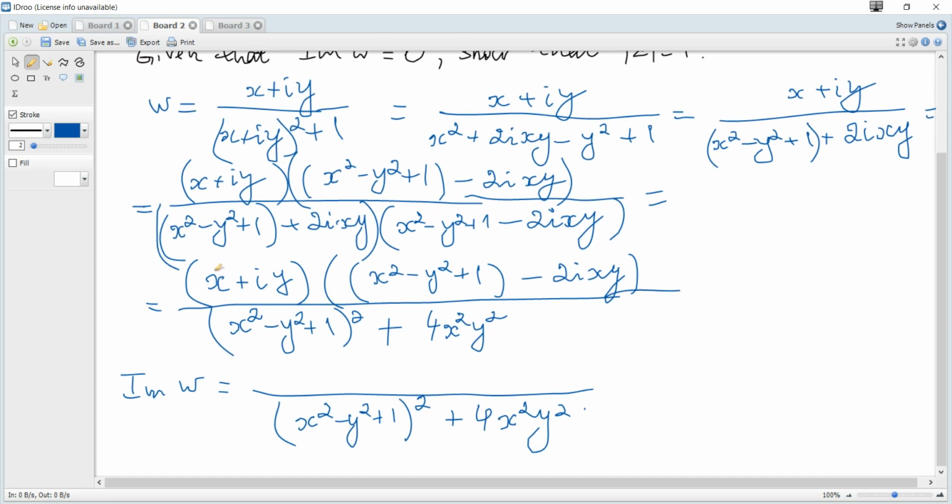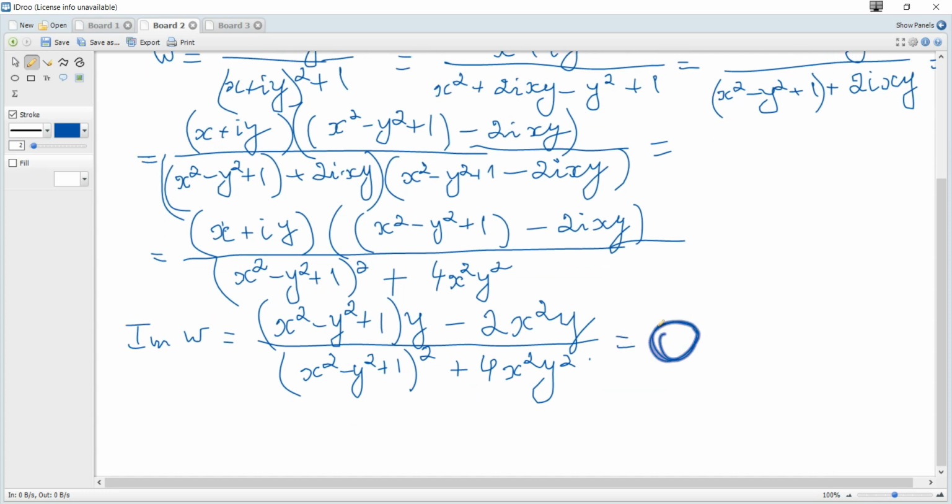We get it when iy is multiplied by this, so it becomes (x squared minus y squared plus 1) multiplied by y, and when x is multiplied by this term, so it becomes minus 2x squared y, and the other two terms give the real part of w, and it is given that it's 0,